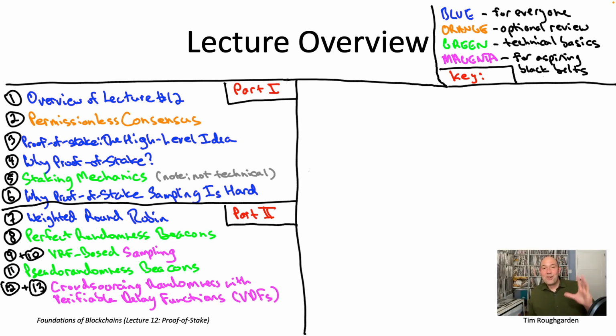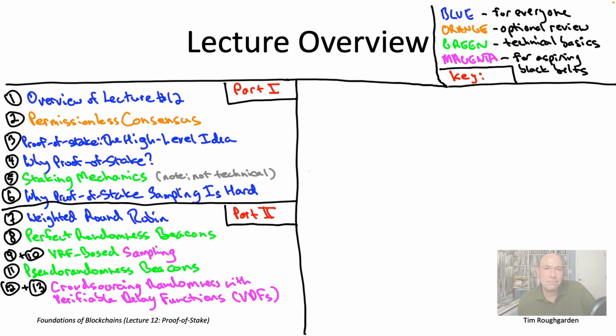So VDFs are not to be confused with VRFs, the subject of the 9th and 10th videos, right? VRFs are verifiable random functions. VDFs are verifiable delay functions. You're not supposed to know what either of those two things mean. I'll tell you exactly what the properties of those two cryptographic primitives are when we get to the relevant part